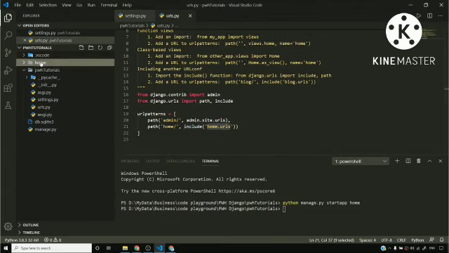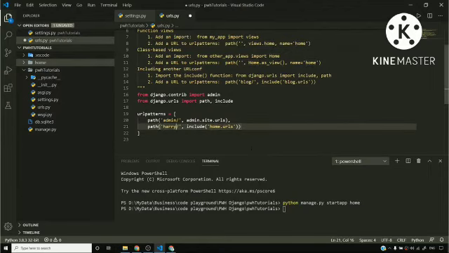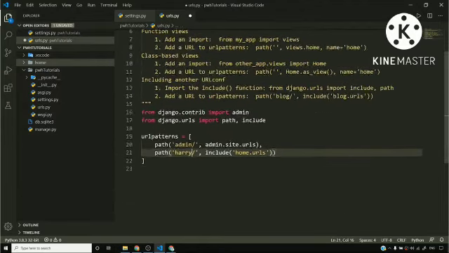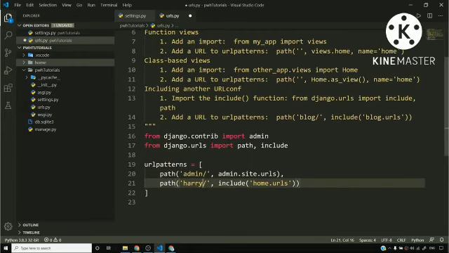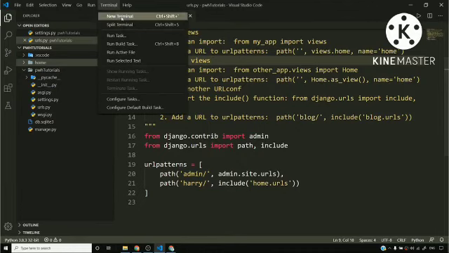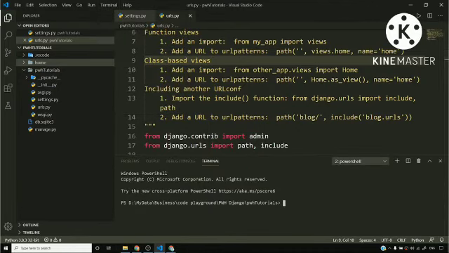Now before this creates a lot of confusion, let me explain it very clearly to you. This part can be anything. For now I have kept it home, but I might call it Harry as well. What does this mean? Let me show you. I'll save this file, and after saving this file, I'll open a terminal. I'll say python manage.py runserver,